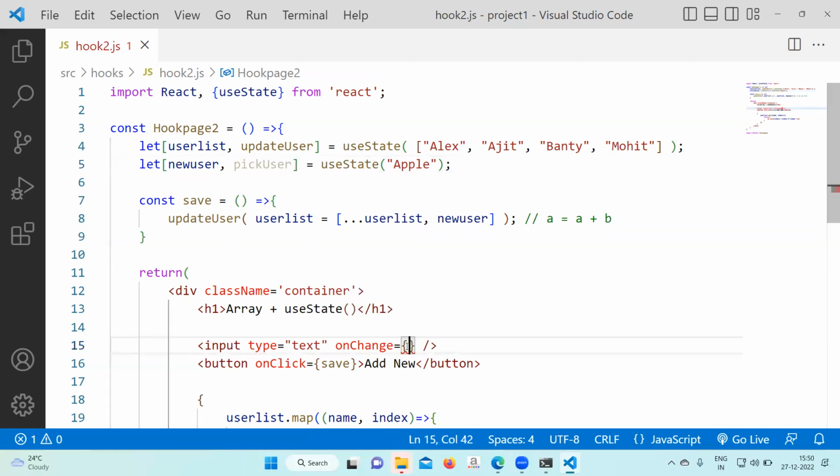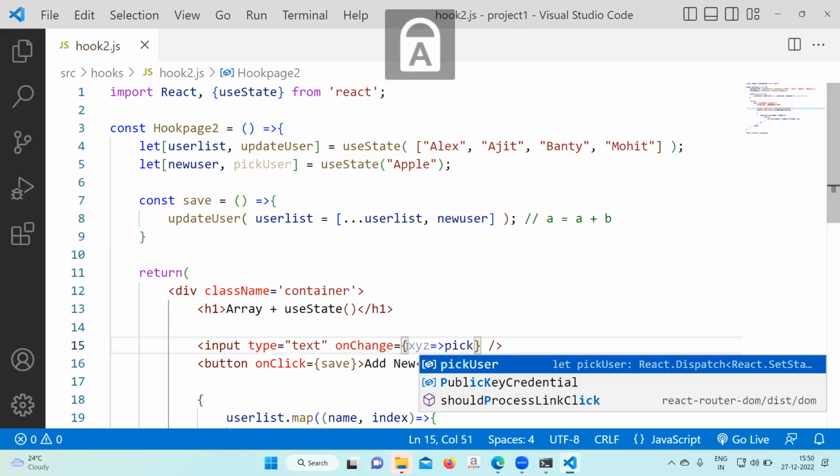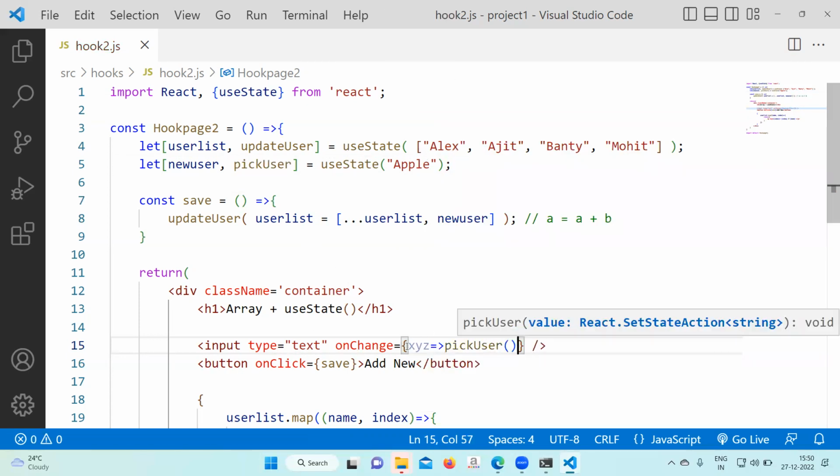So how to create that? Simple, you can write any variable name, suppose xyz. Now xyz will be representing the current element. Then you will write an arrow, and call your function name, that is pick user. And inside pick user, you will pass here, suppose